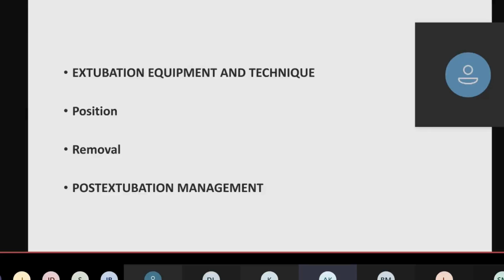It is not just removing the tube. You will have to plan adequately, including a plan for reintubation. Anything can happen. The patient might have successfully passed the SBT, but still he can fail the extubation. Positioning, of course, most of the times we extubate the patient in an upright or propped up position. In some instances, like some surgical procedures such as spinal surgeries, or procedures which don't allow them to sit upright,